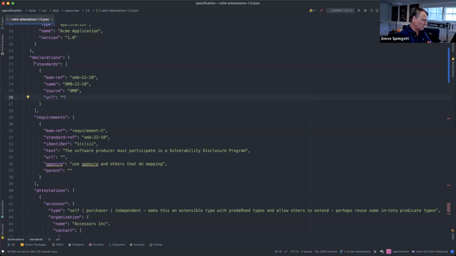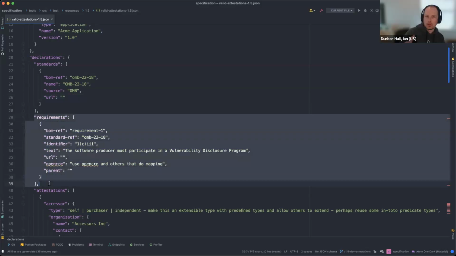I guess a follow-on to that: we were talking some about signing envelopes. Are we looking at signing just the standards by themselves, or the standards plus requirements get signed as a set? I think the attestation is saying that you are attesting to this standard with this version or this SHA checksum. Yeah, but I'm not even thinking about attestations. In CycloneDX there is signing of portions of the document. So we were talking at one point about moving requirements under standards, is that right? Yeah. And then would you still sign the standards?